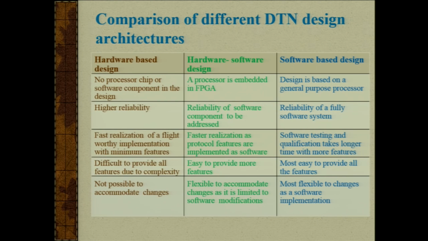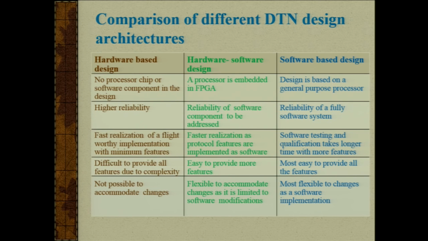In this slide we are comparing the different DTN design architectures. The hardware-based design has no processor chip or software components, and therefore it will be highly reliable, and also useful for fast realization of a flight-worthy implementation with minimum features. But in this model it's difficult to provide all features due to the build-up of complexity, and it's not possible to accommodate changes at a later stage as it is a hardware